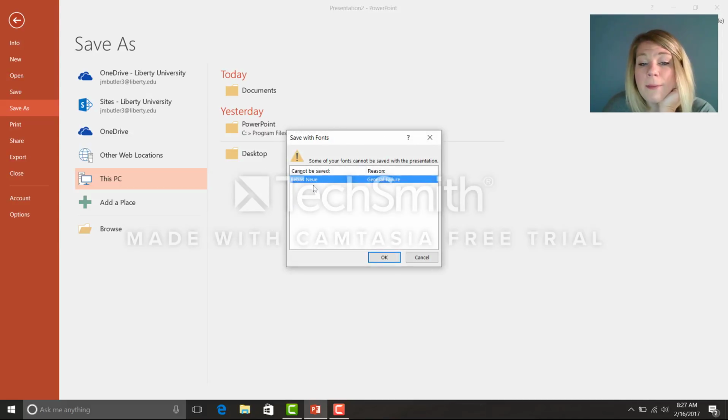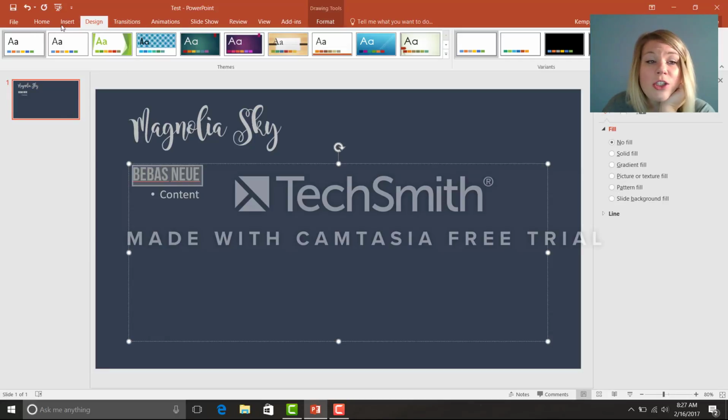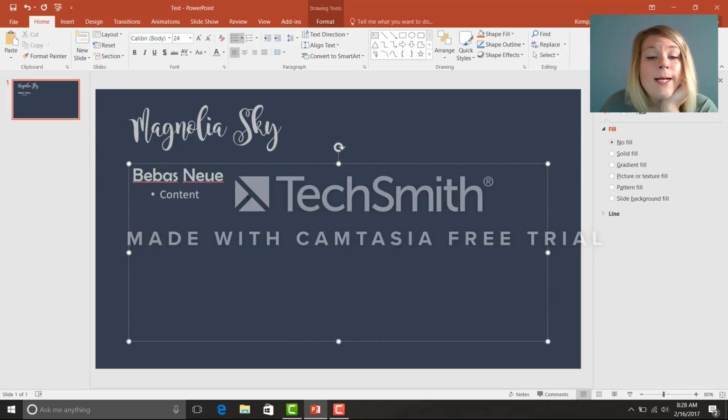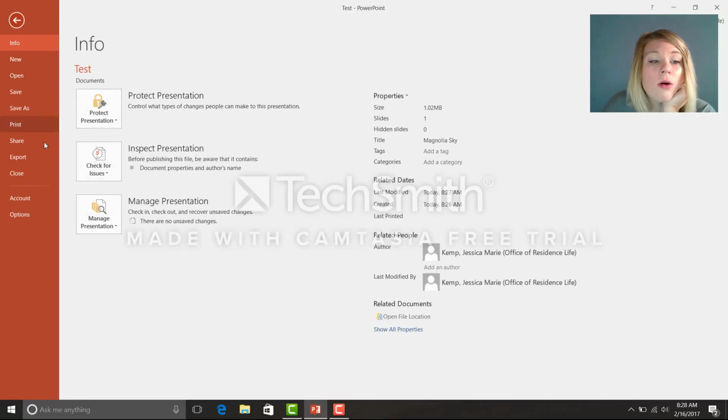So sometimes this happens where the font cannot be saved with a presentation. So when that happens, you probably want to go back and consider changing your font to something that will save with the file. Doesn't necessarily have to be one you downloaded. This one looks somewhat similar. But when you can't embed the font, you just want to make sure that you change it before you send it off. Again, if you don't want to change your font, you can always save the file